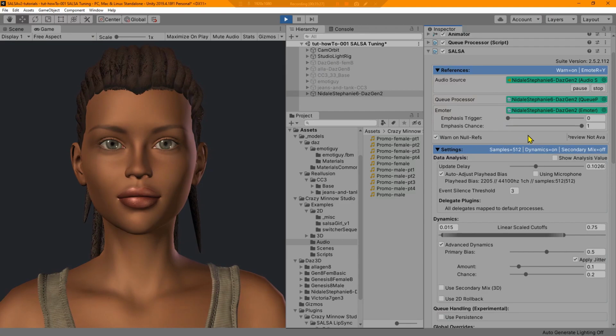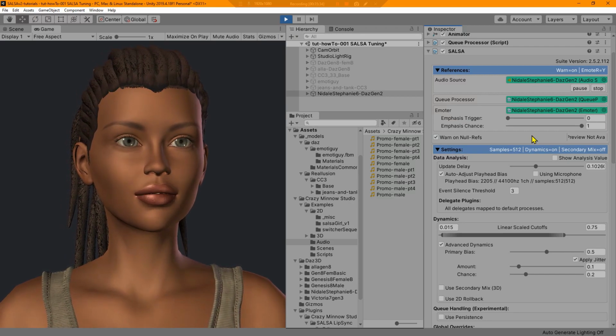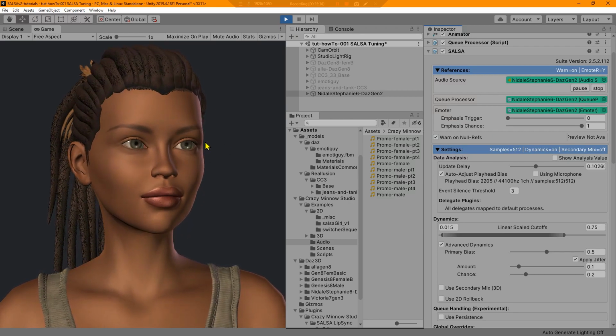Play. Salsa. Simple automated lip sync approximation. The unique technology behind Salsa provides high quality lip